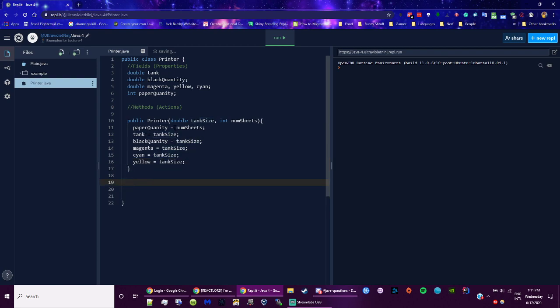All right, and then that is essentially the constructor. If we take a look at what we're doing, whenever we initialize a new printer, we'll do that in the main in just a second. We're taking in a double tank size and a number of sheets of type int, and then we're initializing these quantities up here to these given numbers,